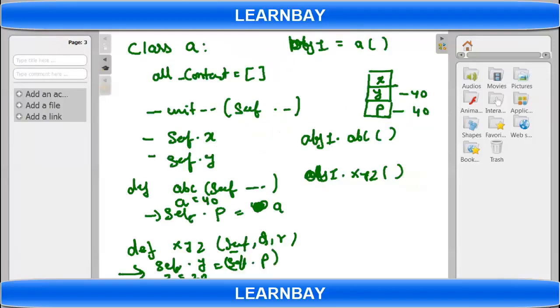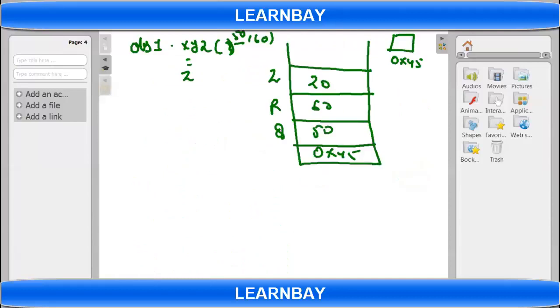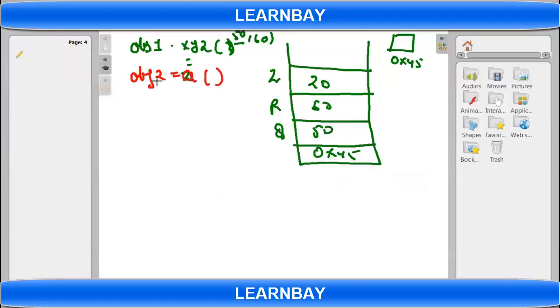So a stack will be created every time you call a function. Once you return from this function, the next line will get executed. obj2 equals, let's say, a. So this is my next line. Once you come here, it means you have returned from xyz, so all these things will be released. Once released, you cannot refer to r, z and q, because they are no longer in the picture. So a local variable in a function you cannot access from some other function.